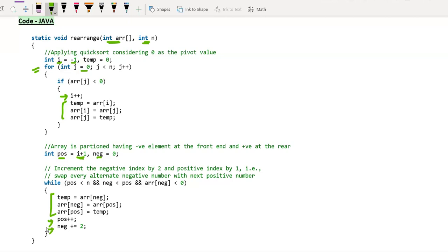This entire loop will execute till POS is less than n and the negative index is obviously less than the positive index, which was getting satisfied in our current example, and the element present at the negative index should be less than 0. Okay, so when this while loop completes, you'll have your desired output, which will have the alternate elements of positive and negative starting from the positive elements.